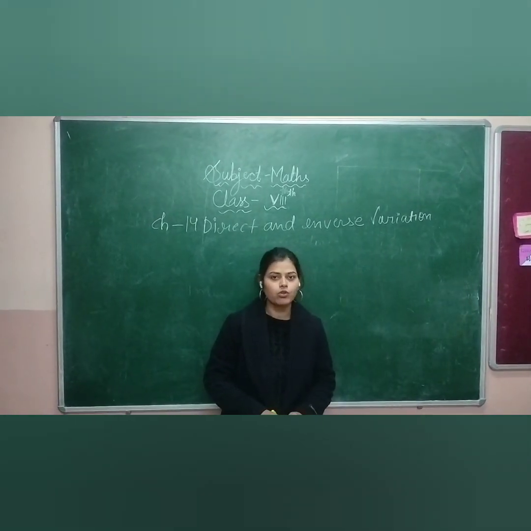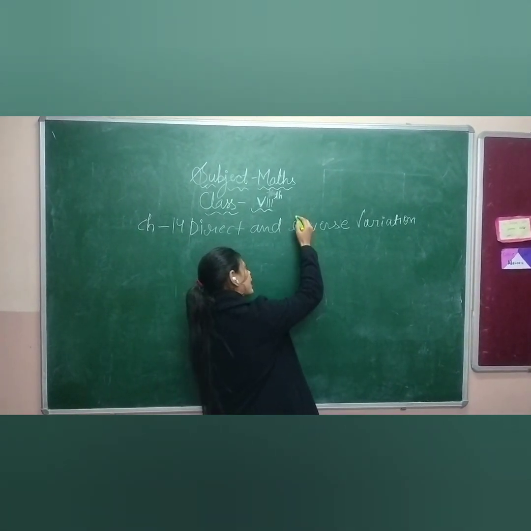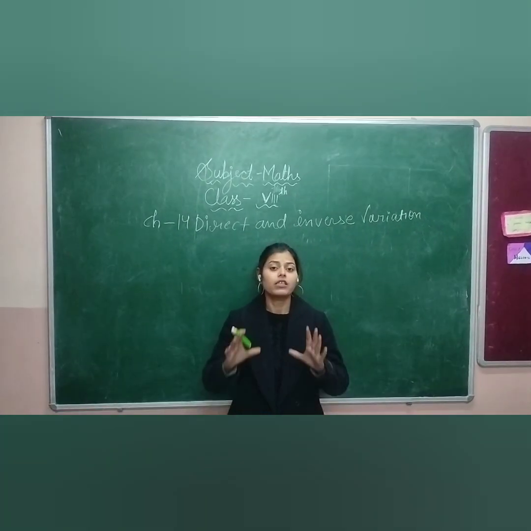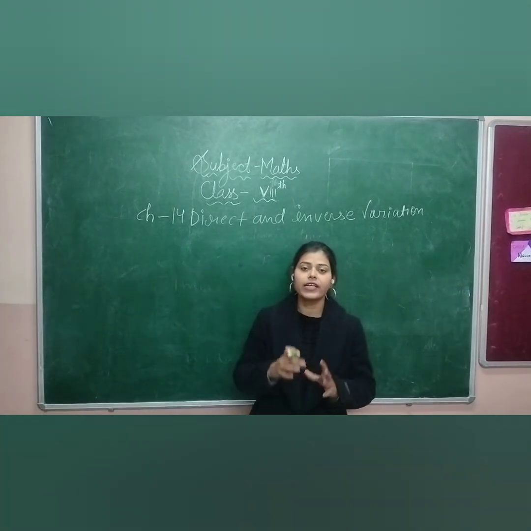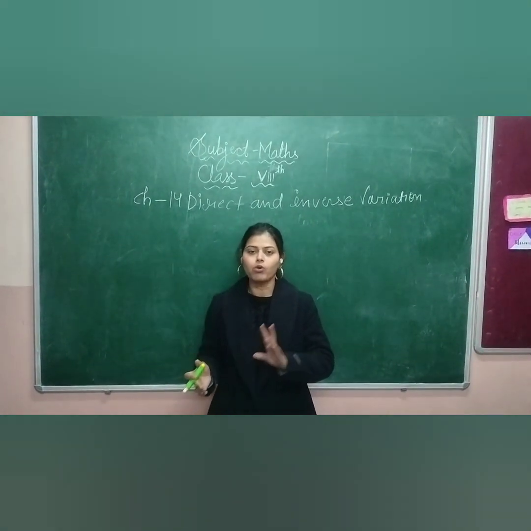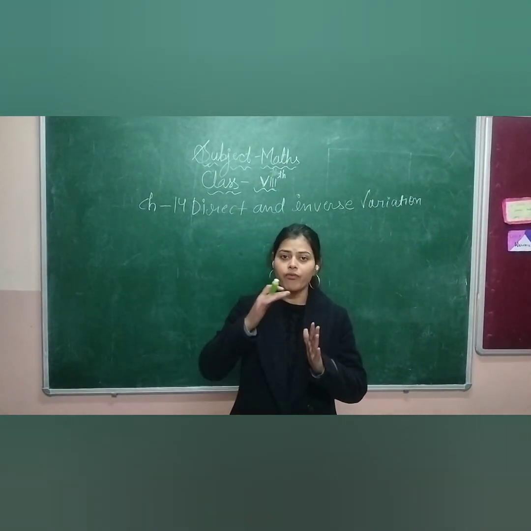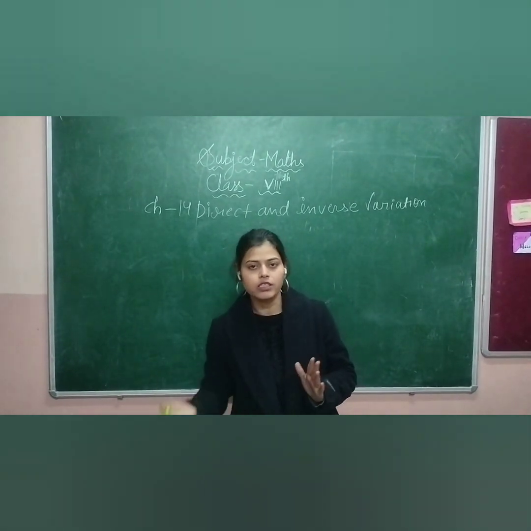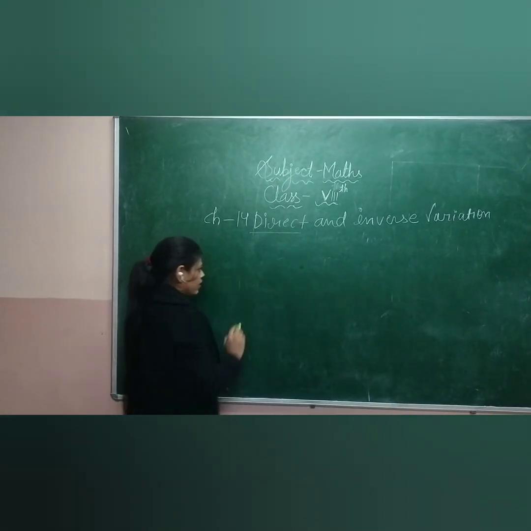Today I am going to teach you the topic of direct and inverse variation. As you can see, we are talking about a math topic. The name is what? Direct. So what does direct mean? Direct variation is basically whenever we talk about two quantities that have a relationship. If one thing is increasing, the other one is also increasing. In that type of relationship, we say it's a direct relation.